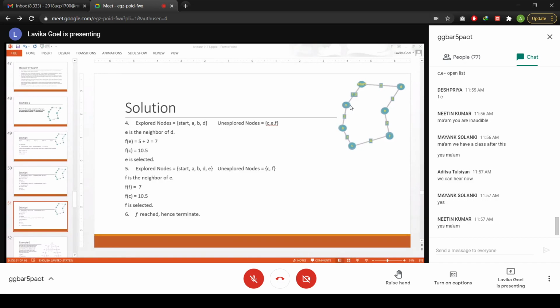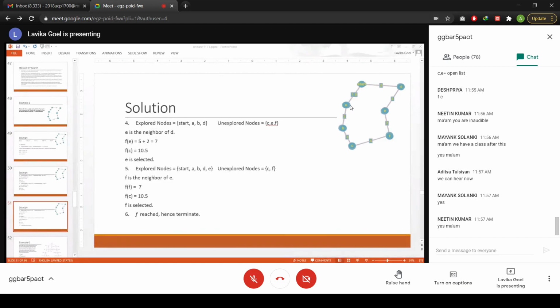Okay, fine. So I was explaining the last step of this algorithm. The last step was we have reached this F, and in the open list you have F and C. So you calculate the F value of F, right? So F value of F would be G plus H value of F. So G value of F we had calculated as the sum of the edge cost up till F. So that will be starting to D, then from D to E, then from E to F. So that will be 2 plus 3 plus 2, that gives us 7.